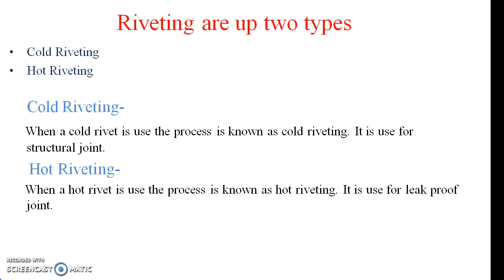When a hot rivet is used, the process is known as hot riveting. It is used for leak-proof joint. Wherever the leak is there, we can prevent it by the hot riveting joint. So the next is